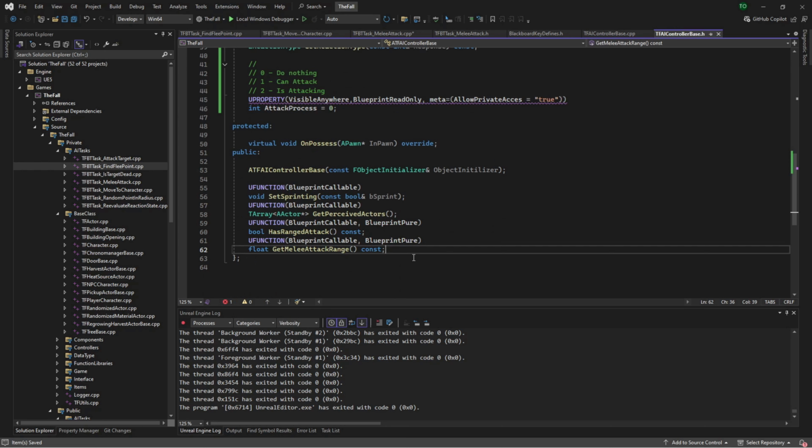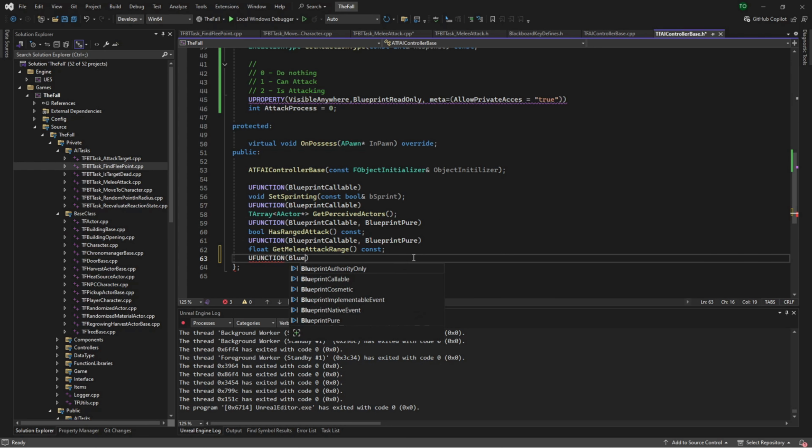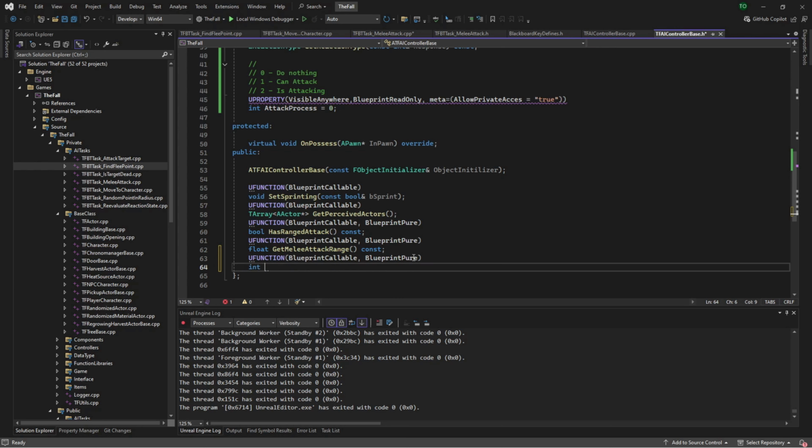Okay, so now, as I was mentioning, we want some functions here. So UFUNCTION, BlueprintCallable. Why don't I just copy this, because we want it as a BlueprintPure as well. So we want int GetAttackActionState